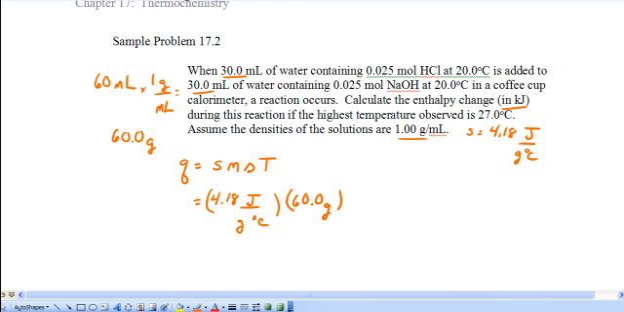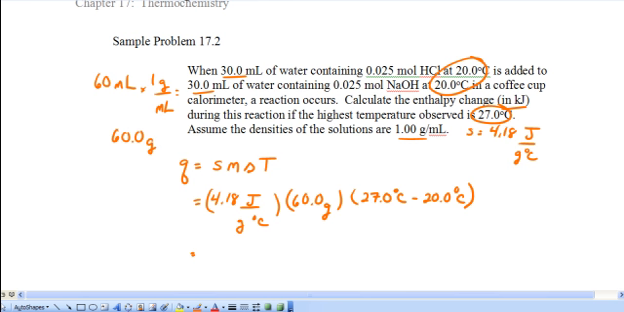Alright, so that's the mass. Delta T is the temperature change. Well, they both started at 20 degrees Celsius and it maxed out at 27 degrees Celsius. So you have 27 as your final. You had 20 degrees as your initial, and that would be your temperature change. So therefore, if you take your